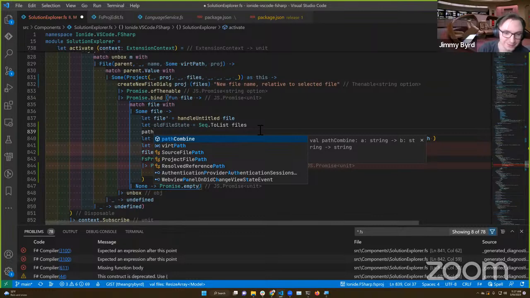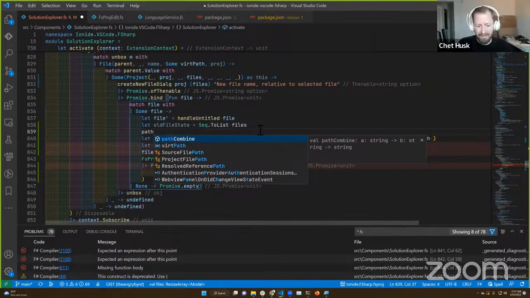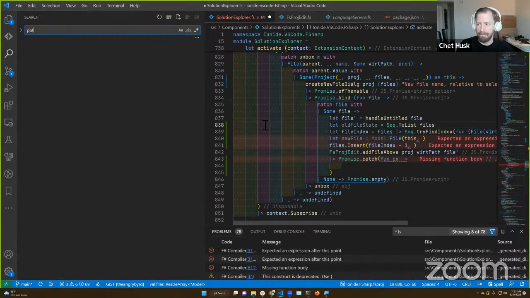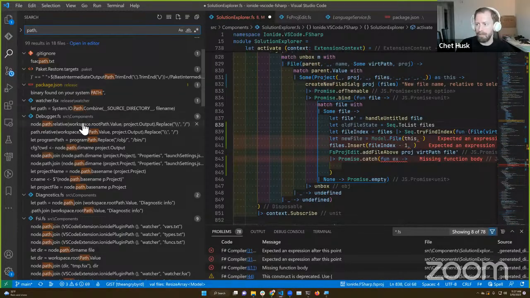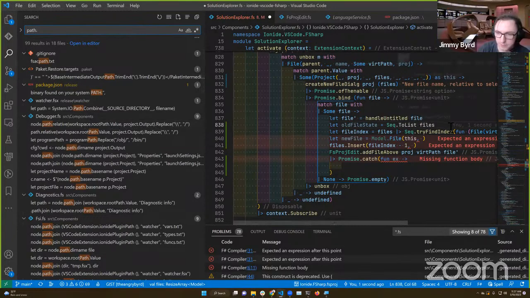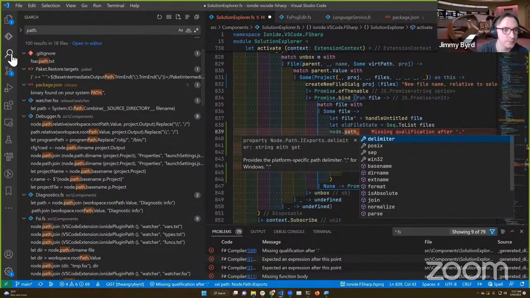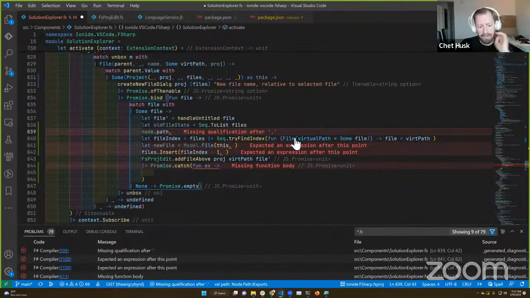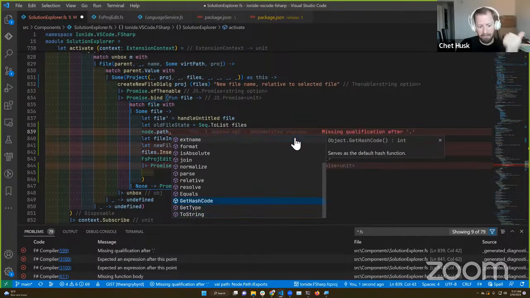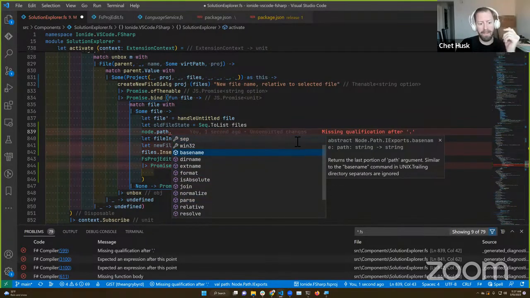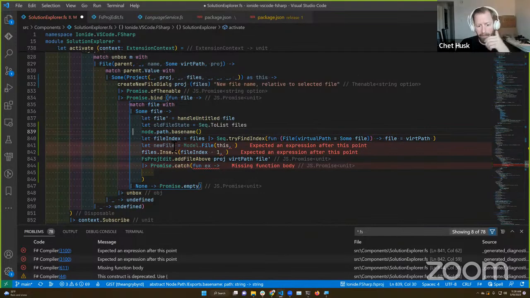It was path combine on this. We use it in other places in here, so it may just be a missing include. Node path dot. Yeah, there it is. And now we need to combine the base name of our sibling file and file prime to get the final thing.